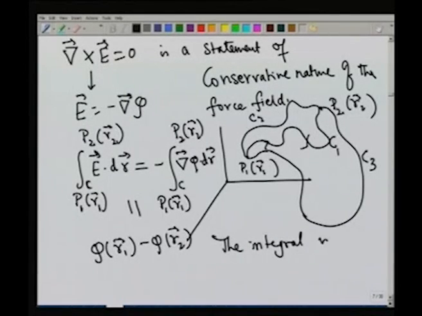The integral is path independent, and it is this feature that makes it possible for us to actually define the concept of a potential and an associated potential energy. Normally in mechanics, we are almost always dealing with conservative forces, unless I introduce something like friction. But electrodynamics is much more complicated, because as you all know, whenever there is a time dependent magnetic field, that also induces an electric field.